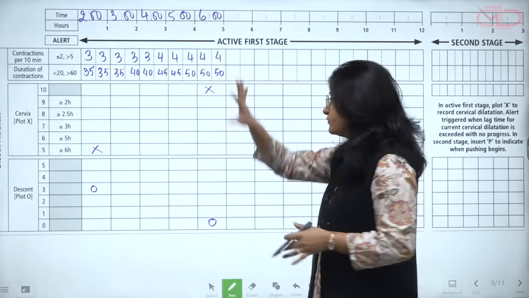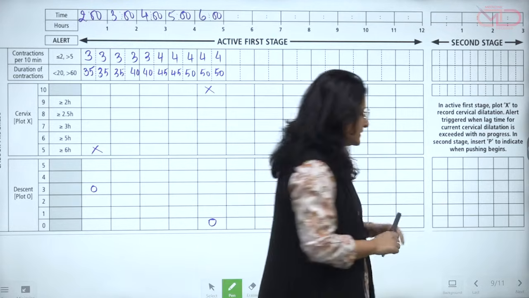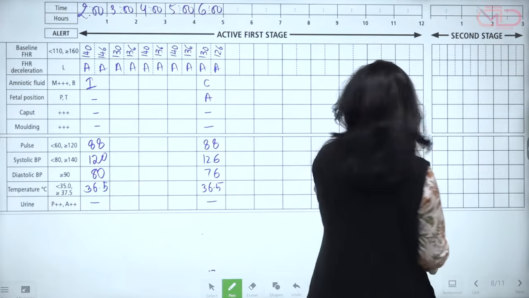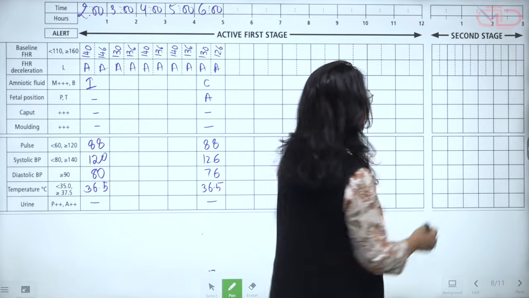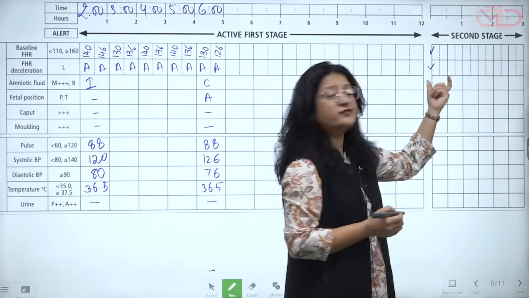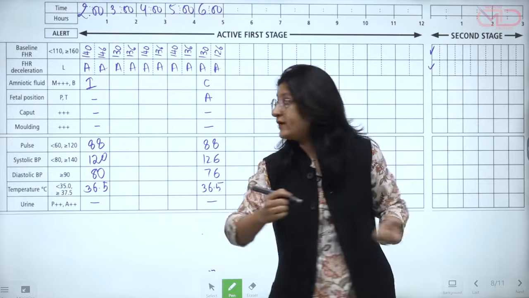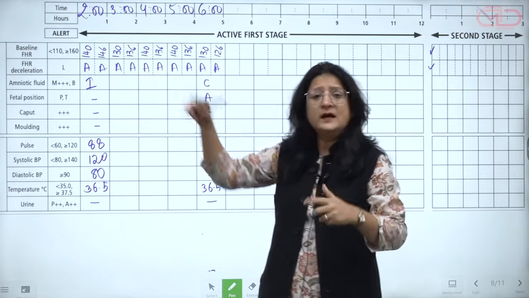So once she is fully dilated, then we have to take care of the monitoring in the second stage of labor. In the second stage of labor, again we are monitoring the fetal heart rate as well. Now, in the second stage, we are monitoring the fetal heart rate every 5 minutes. Yes, so in the first stage of labor, we are monitoring the fetal heart rate every half hourly, and